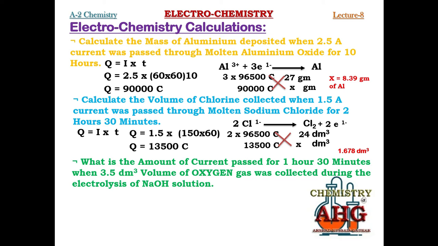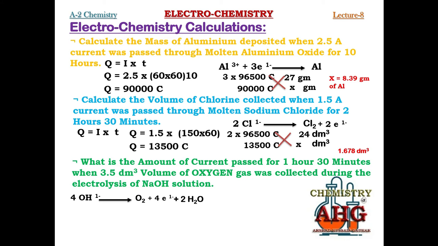So from where will you start? You will start by writing chemical equations for the production of oxygen gas. Oxygen gas is being produced in this experiment by the oxidation of hydroxide ion, OH⁻. So you will start with this chemical equation. Hydroxide ions, whenever they produce oxygen, along with oxygen they produce water and 4 mole of electrons.